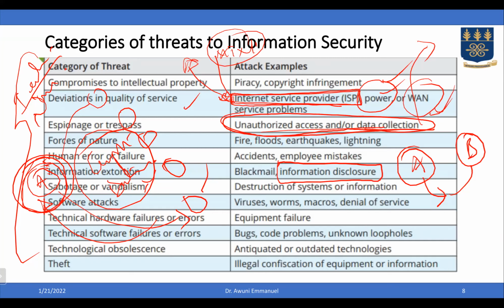You may also write a program. You develop software, you write the programs, and you realize that you have done something that creates a loophole for another person to intrude, without you having any knowledge or idea about what you have done. Then we have outdated technologies. Nowadays, new technologies are coming up. New devices are coming up. So if it's outdated, you have to throw it away and get a new one.